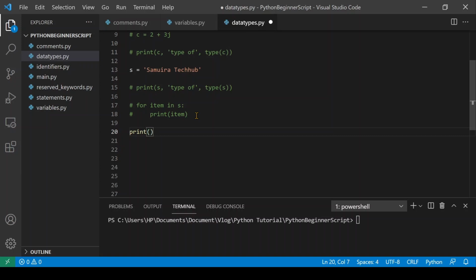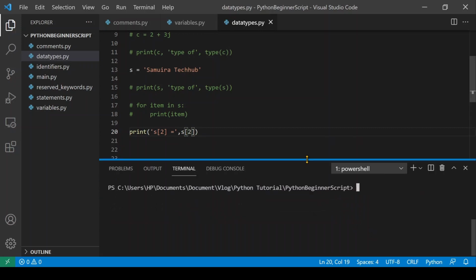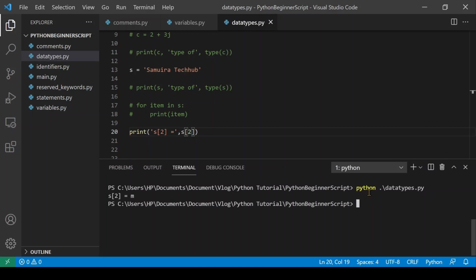Let's say we have to print the third character of the string. As indexing starts with 0, we have to write s inside the square brackets the index. Here we are using 2 as we have to print the third character.